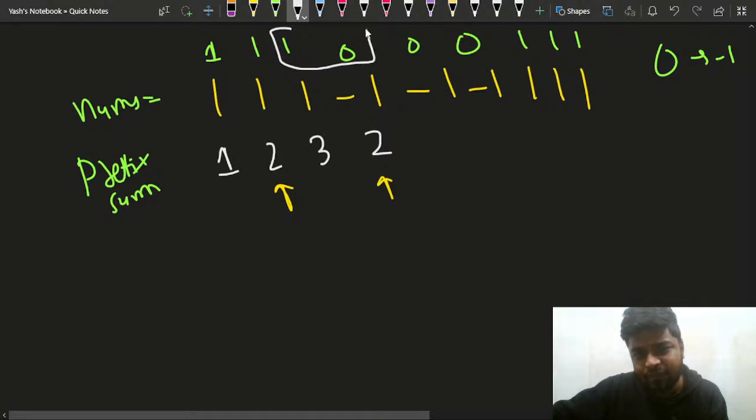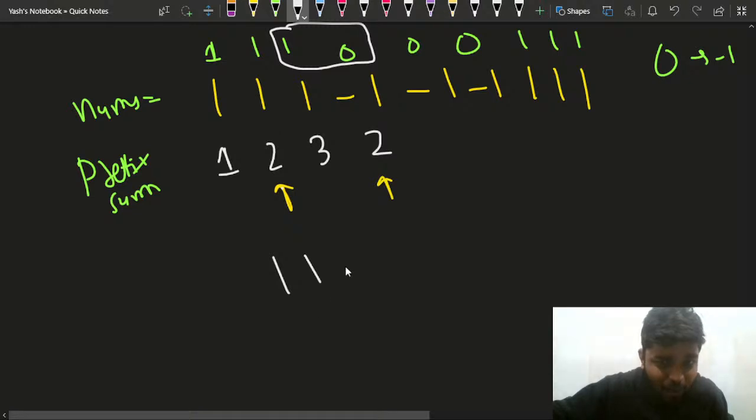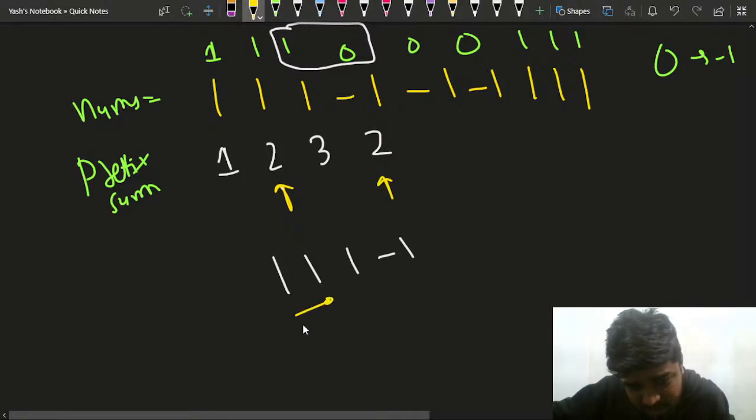This is the original array. I am representing zeros with -1s, right? Can you observe this? Till this index, the prefix sum is 2, and the prefix sum here is also 2, so that means that in between the sum is 0, right? What does it mean? 1 1 1 and -1. What it is saying is that if till this much part the sum was 2,